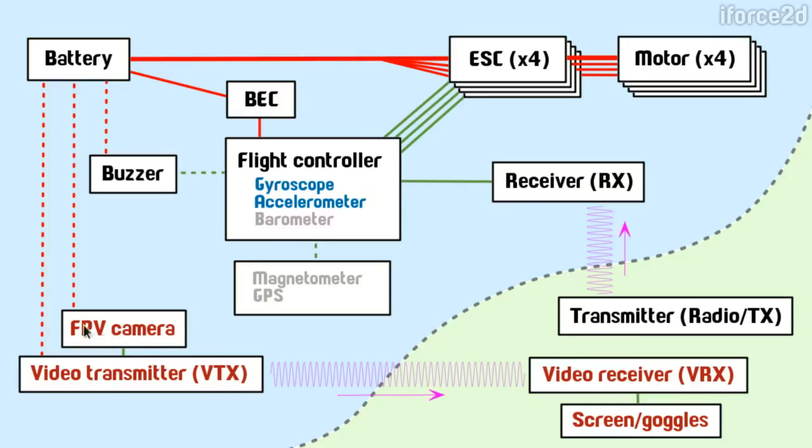So on the quad we obviously need a camera, and then we connect that to a video transmitter to send the picture back to the ground. And I've connected these up with dotted lines to the battery, showing that they need power, of course. These days a lot of cameras and video transmitters are coming out that can be connected directly to battery power, so even a high voltage battery like 16, 17 volts, the FPV camera and the transmitter will be able to